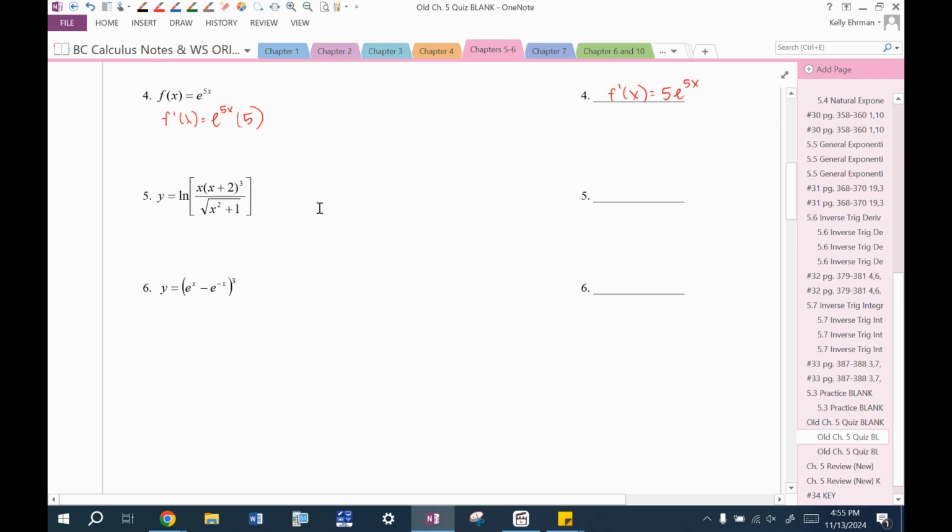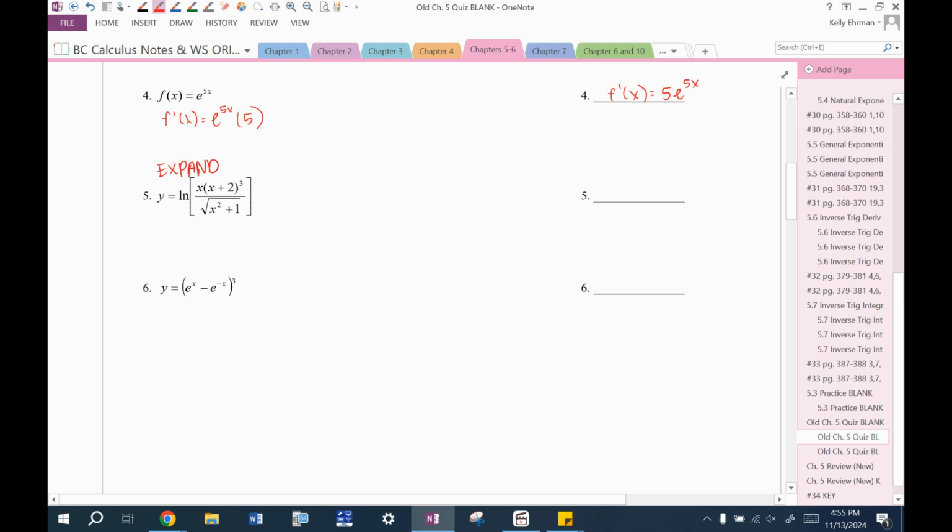Now, number 5 could either be really terrible or actually pretty easy. Really terrible if you just jump right into 1 over this times whatever terrible quotient rule would come out of this. Don't do that. And again, this would definitely be like a multiple choice. They're not going to have whatever crazy version comes out of that. What you're supposed to do is expand. We've talked about this in the notes,